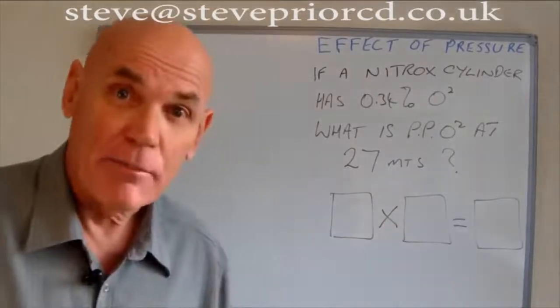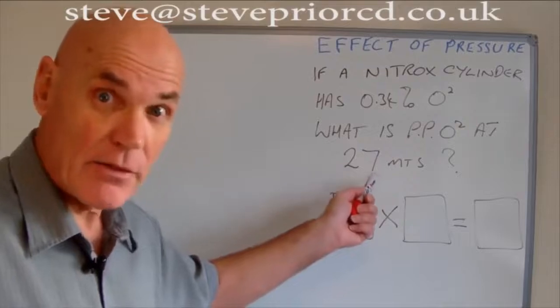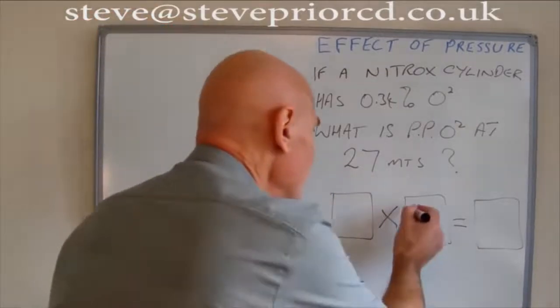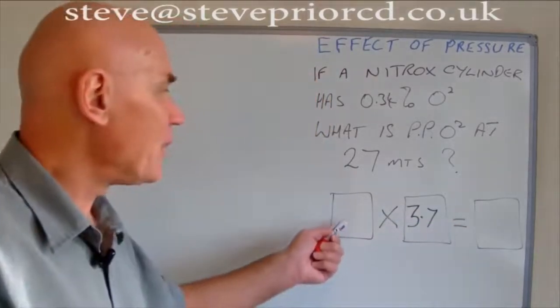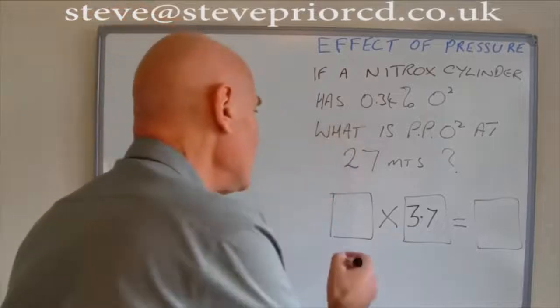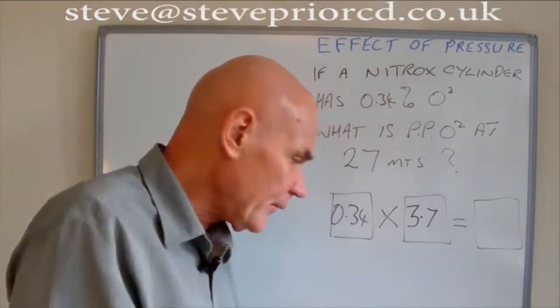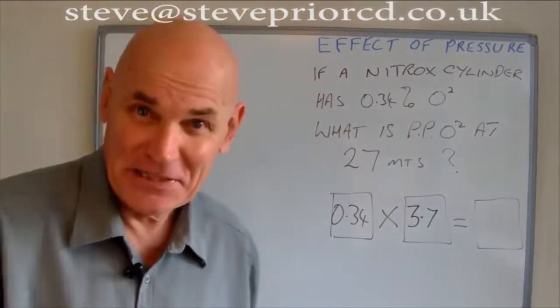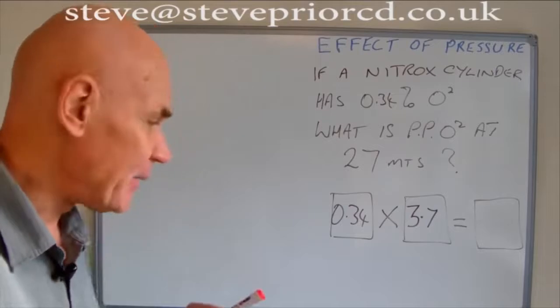The next thing we're going to pop in here is the absolute pressure at 27 metres, which is 3.7 atmospheres. And in this box here, we're going to put the number 0.34, that's the percentage of oxygen. And you definitely need a calculator for this one, I would suggest, but you put those numbers in, and I've already worked it out, it's going to be